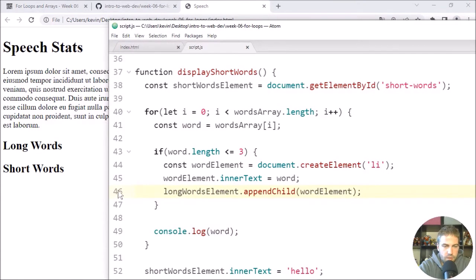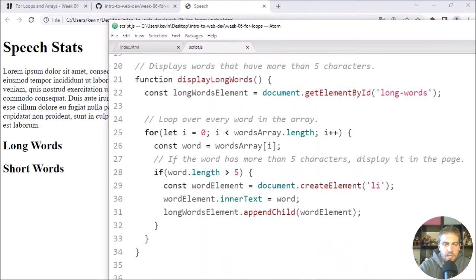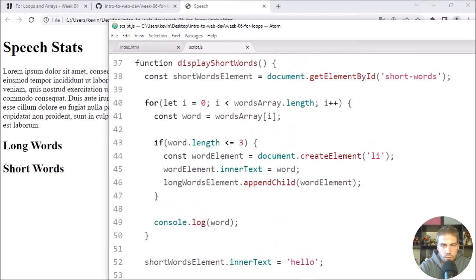If I look at line 46, hey, that's the line of code I just wrote, and it's saying longWordsElement is not defined. And in this case, that's true because I took this line of code from this displayLongWords function where we did have a long words element, but in this case we called it shortWordsElement instead. So I'm going to change that to this,